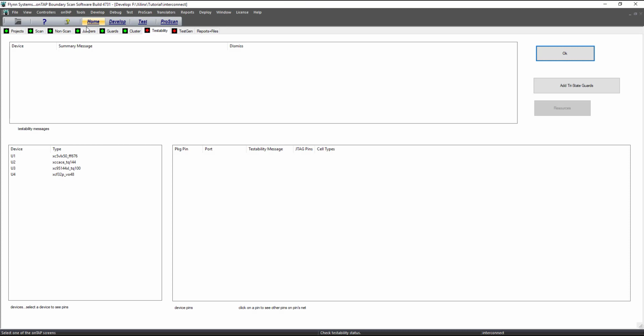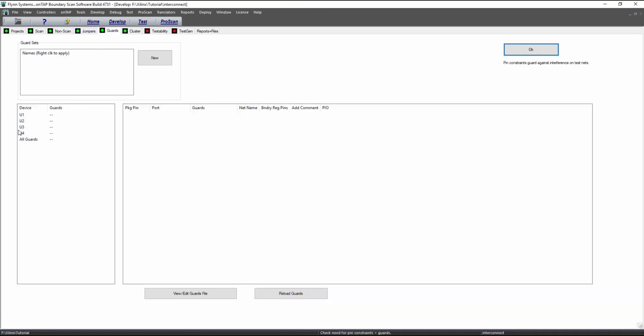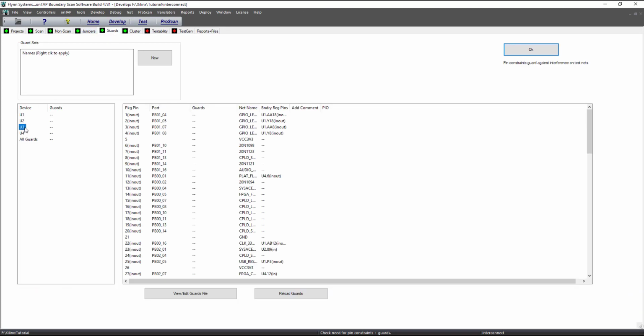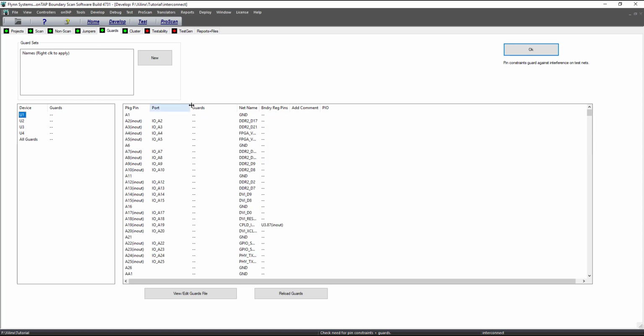So we want to go to the guards page. On guards, there may be certain pins that we need to hold statically while the test is running. They might be pins that prevent contention, enable power, prevent resets, whatever it might be. And as an example,